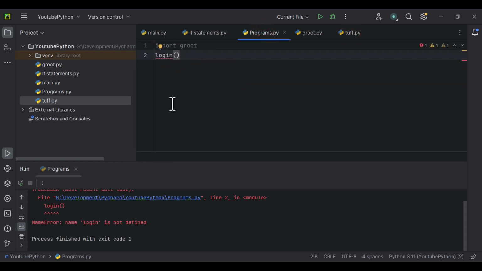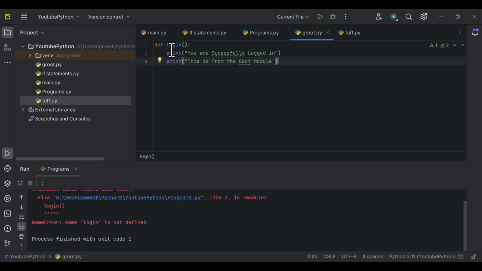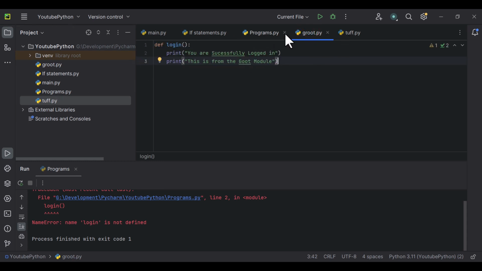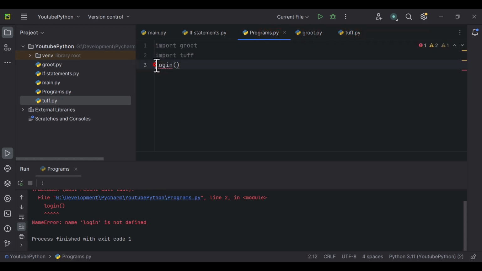So I'll come back to these. Remember, I was still explaining that it can't really identify which function, because now look, we are having login in GRUD and we are having login in TAF. And if I'm to import TAF right here, it still won't be able to tell whether this function is declared or it should use this function from GRUD, or it should use the function from TAF. So to specify what function from which module it should use, you can specify something like GRUD